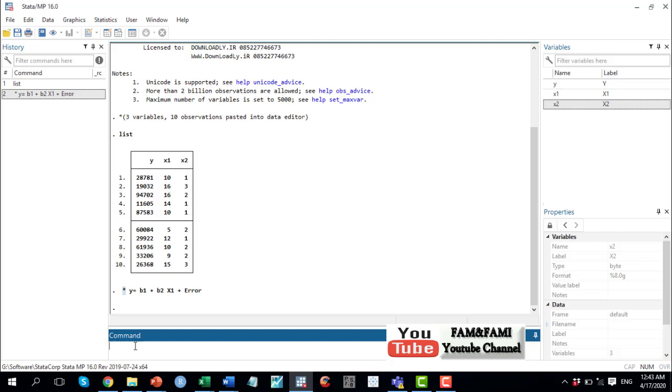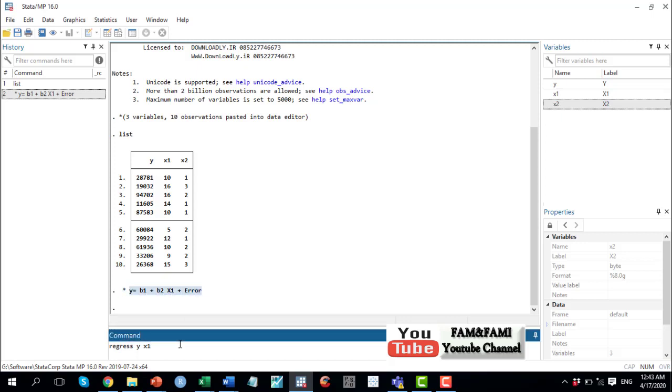So now how to estimate this model? The Stata command to estimate is the regress command. So just type regress and then y for the dependent variable, and then x1 for the independent variable. So that's it. Regress is the command, then space y, the dependent variable, and then space x1, the independent variable. This will display the output of this regression model, which is shown here.